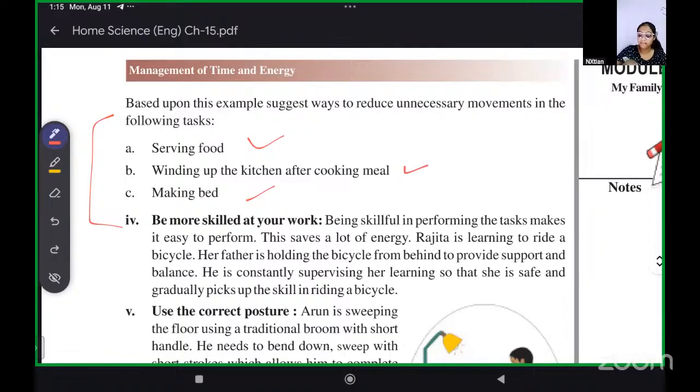Okay. How can you reduce your unnecessary movements while serving food, while winding up the kitchen after cooking a meal, and while making the bed? Okay, this is your home. Now,